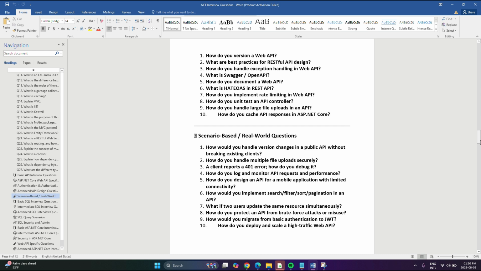इसमें सभी क्वेश्चन को आप, एक्सपीरियंस और नॉन-एक्सपीरियंस पर्सन, दोनों इंटरव्यू के लिए तैयार कर सकते हैं।